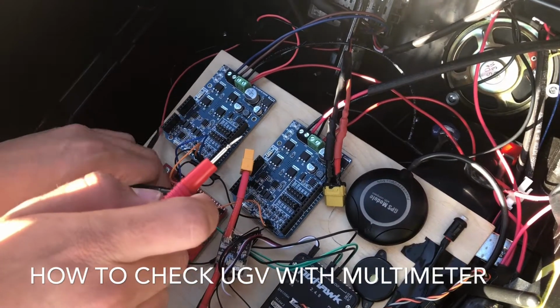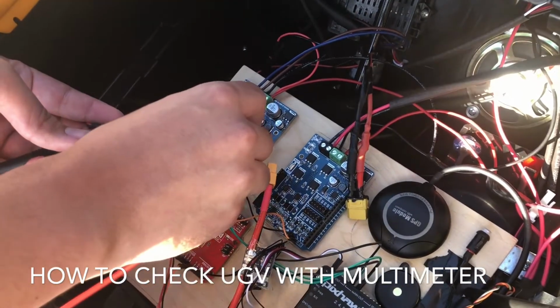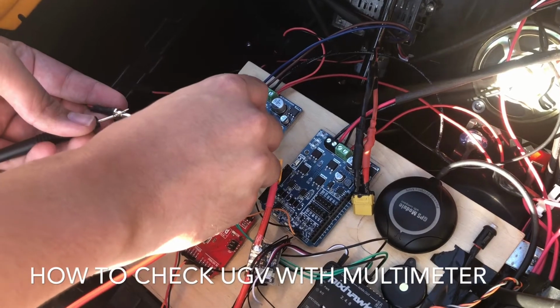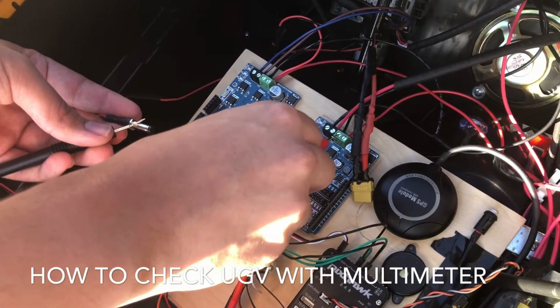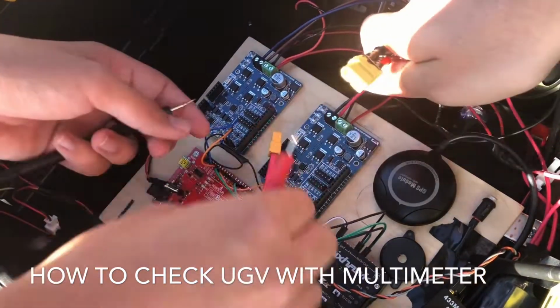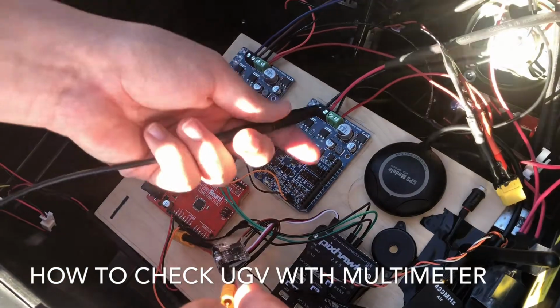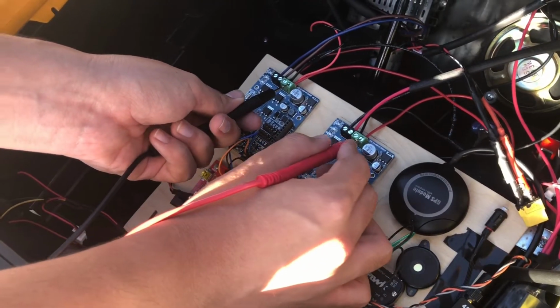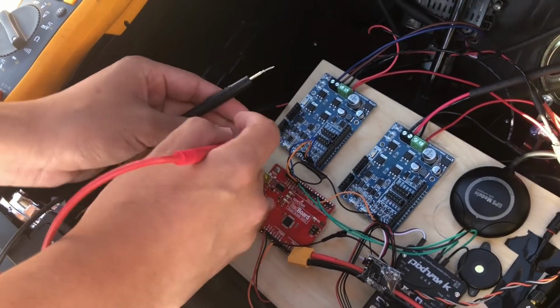And then you check your ground here to your ground. And so the noise means the grounds are connected. Check your ground. The noise means they're connected. And then on your converter, ground to ground. That means they're connected, so that's good. So you're going to connect your inside